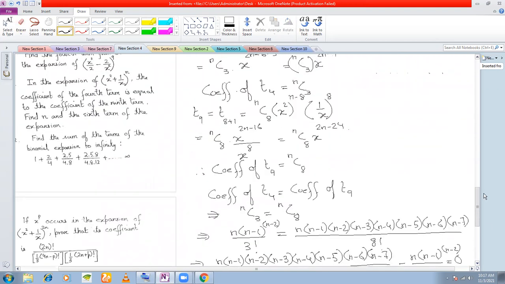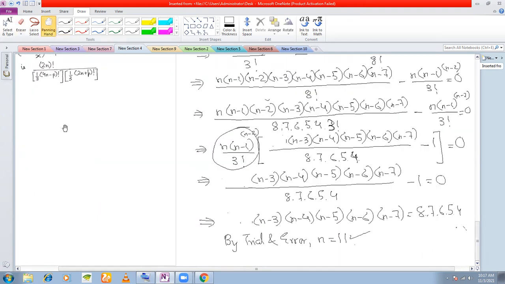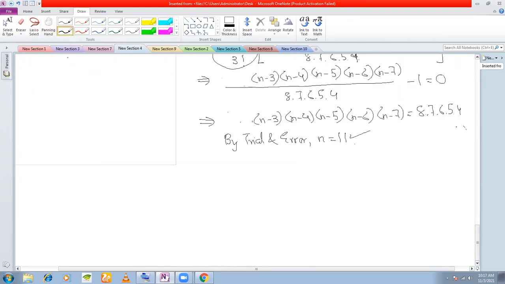Next part is find the sixth term in the expansion. Okay, sixth term in the expansion means T6 you will have to find. So let's find out T6. Therefore, T6 is equal to T5 plus 1 is equal to 11C5. A was x square to the power of 11 minus 5 and x was 1 by x to the power of 5. So this is 11C5